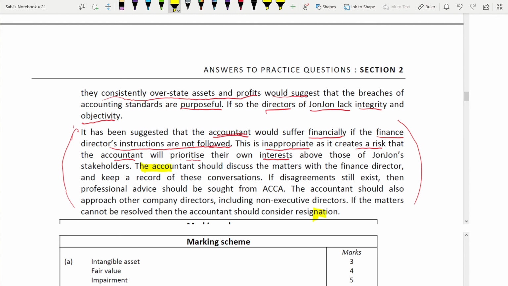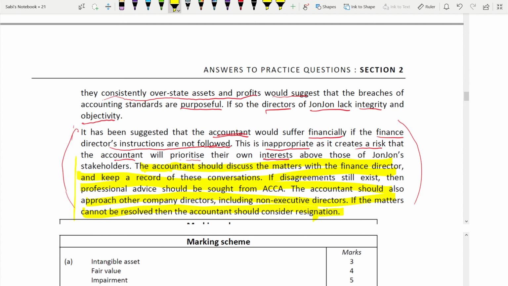So this is from here onwards, from here to here. This whole paragraph is your advice: what they have to do, the actions that the accountant should do. You are giving these actions, and these actions are what I would say, memorize it, copy paste this into any ethical answers. You can put these things exactly the same, and it should follow this order only. Don't go and say the accountant should not do the job there, he should look for some better jobs, he should resign from there. Resignation comes at the end.